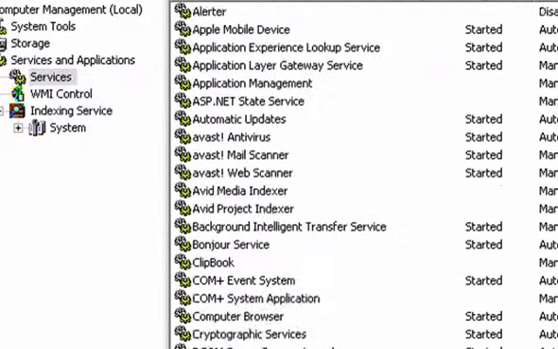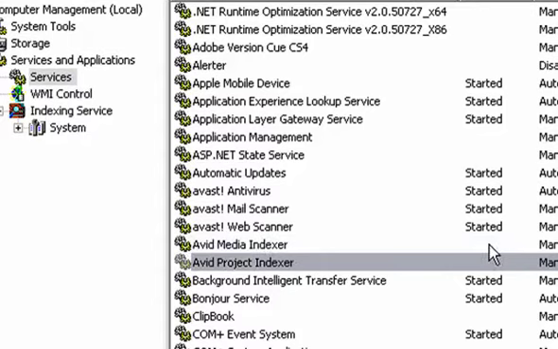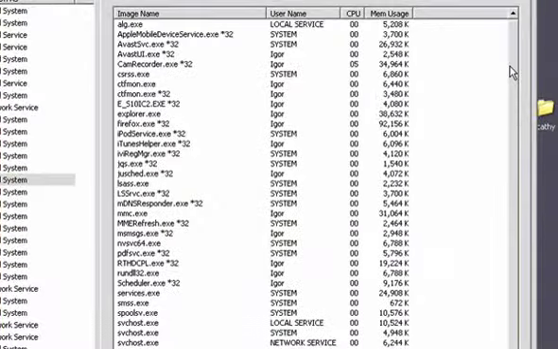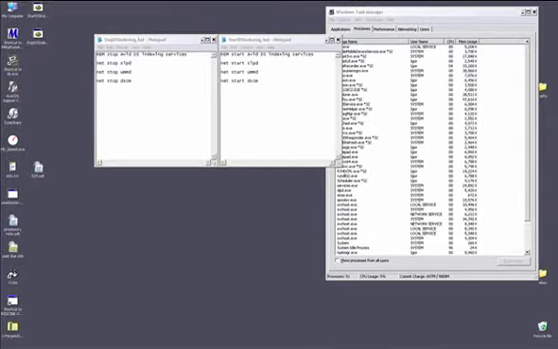If you look up here now, the Media Indexer and the Project Indexer both stopped. Over in the Windows Task Manager, you don't see ummds.exe and you don't see the consumer mgrs.exe. You can also look up a lot of good information on this subject from DSWiki.